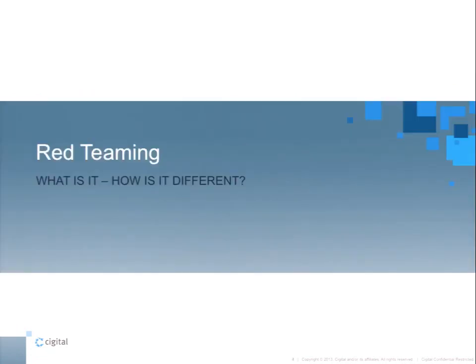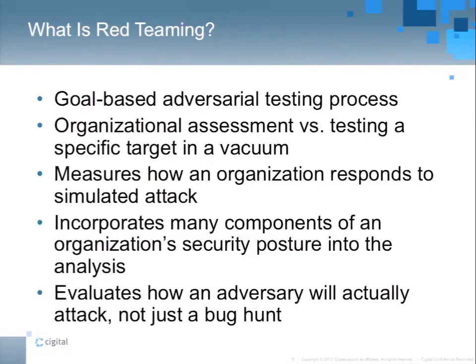So how is it different from a regular pen test? As I mentioned before, it's all about evaluating something from an adversarial perspective, which some may say, duh, I'm trying to pen test an application, or I'm looking at something from an architectural perspective and how it can be attacked. Here, we're all about looking at it from a goal-based perspective. Instead of just going on a bug hunt, where I'm evaluating xyzbank.com and trying to find as many SQL injection, cross-site request forgery, and cross-site scripting issues as I can on xyzbank.com,